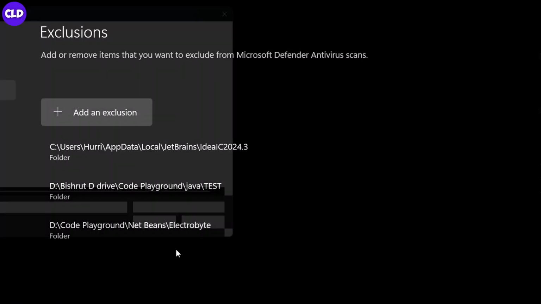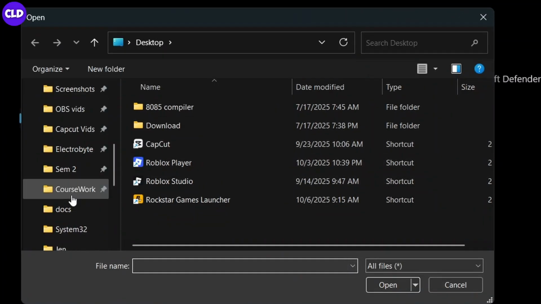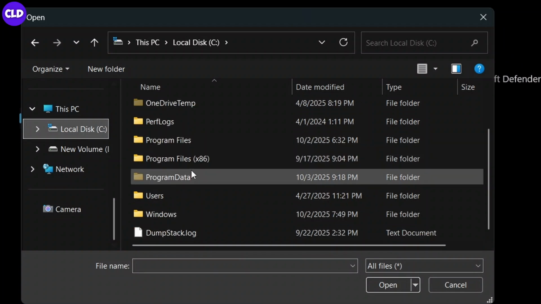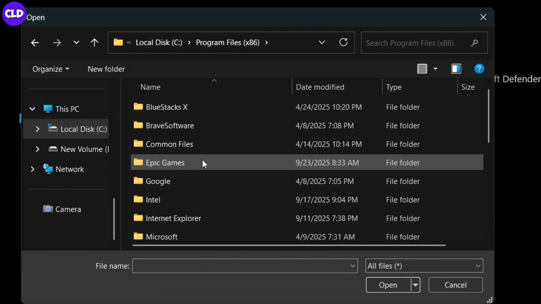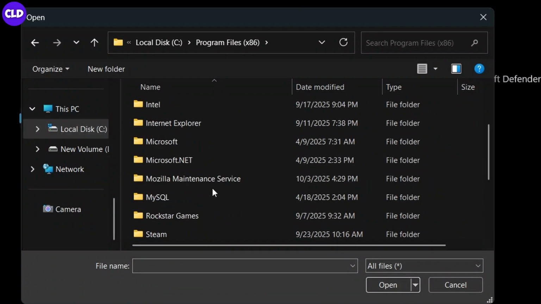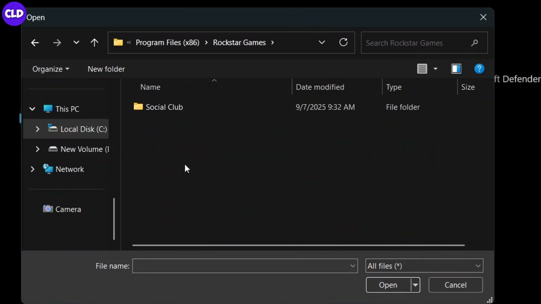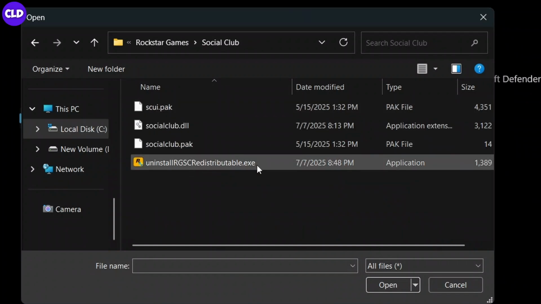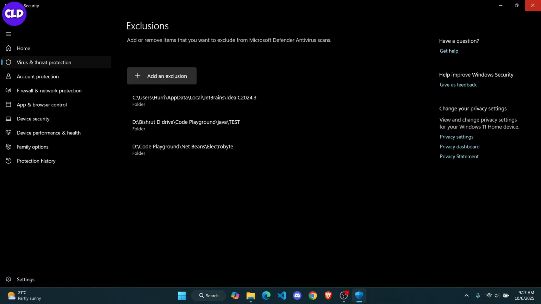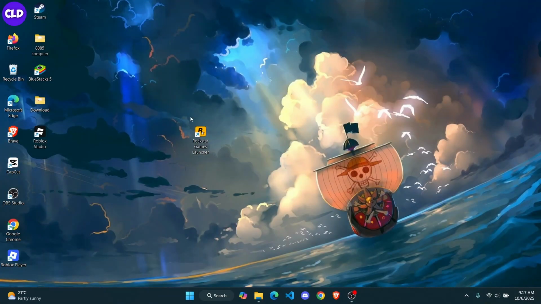So I'll just click on file. Then you want to go over to your C drive. Then from there, you want to go over to Program Files (x86) and find the Rockstar Games folder over here. And then you can add this file over here, the exe file. All right, so once you have done that, the next thing you can try is, in most cases,